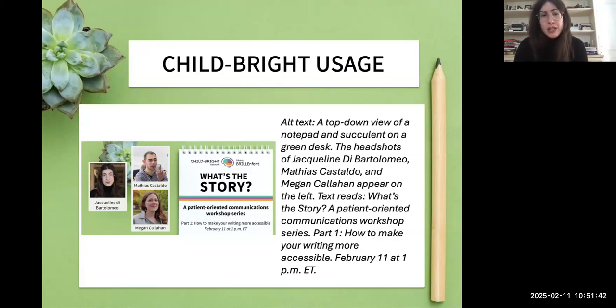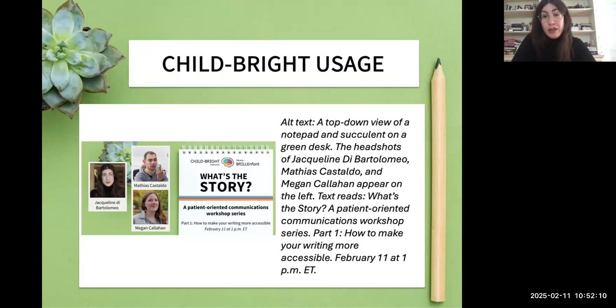So we wrote: a top-down view of a notepad and succulent on a green desk. The headshots of Jacqueline DiBartolomeo, Matthias Castaldo, and Megan Callahan appear on the left. Text reads, "What's the story? A patient-oriented communications workshop series. Part 1, How to Make Your Writing More Accessible, February 11th at 1 p.m. Eastern." And the reason why we've written out the text that is contained within